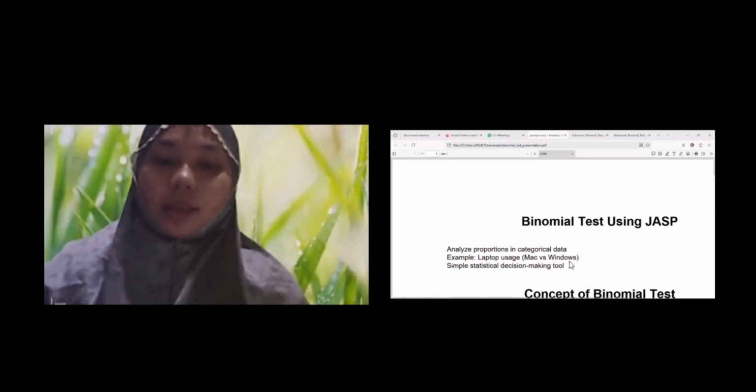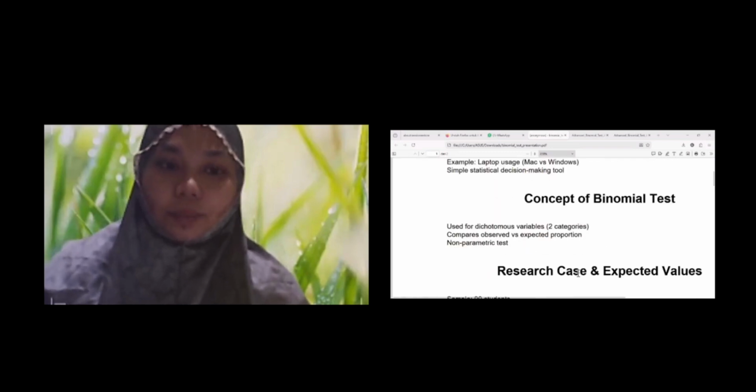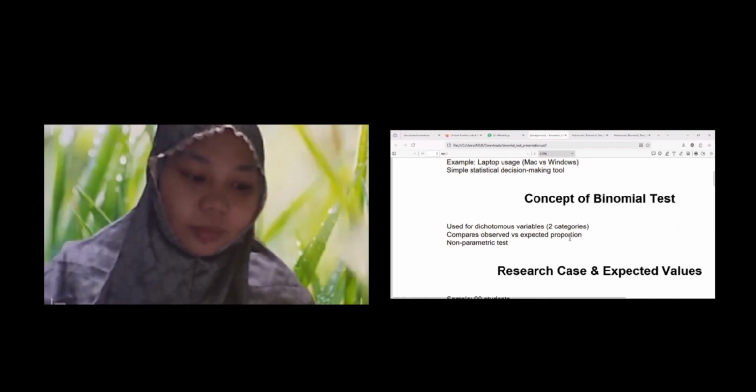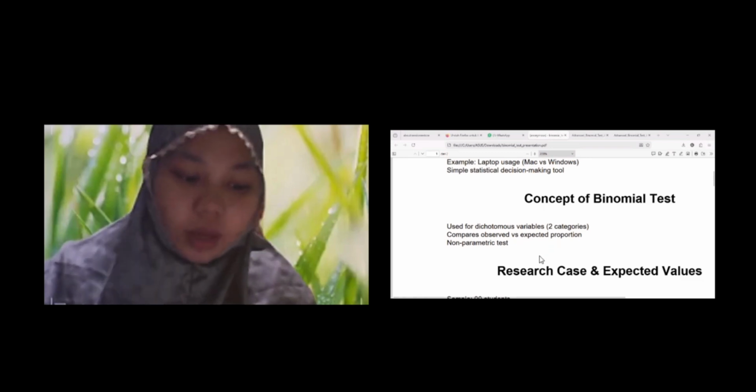Okay, next, the concept of the binomial test. Used for variables with two categories, compares observed versus expected proportion, non-parametric test. A binomial test is used when our data only has two possible outcomes.